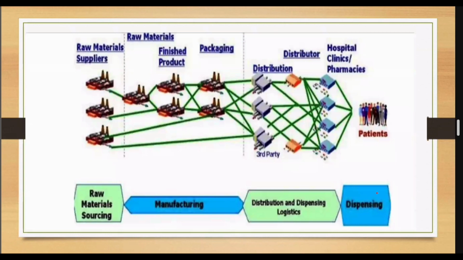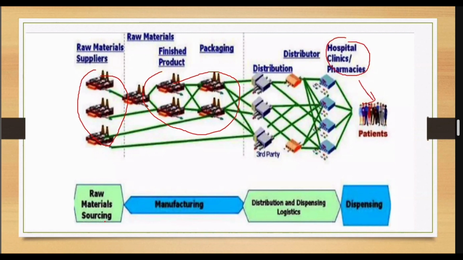This is how you can say, diagrammatically, if you see the raw materials and finished product, this is manufacturing. This is a manufacturing facility. So finished products, different units will be there, and different raw material suppliers will be there. Again, suppliers: there are tier 1 suppliers, tier 2 suppliers, tier 3 suppliers, like that. Here again, the distribution network through third party logistics, distributors, and finally it reaches hospitals, clinics, and pharmacies, and ultimately it reaches patients.